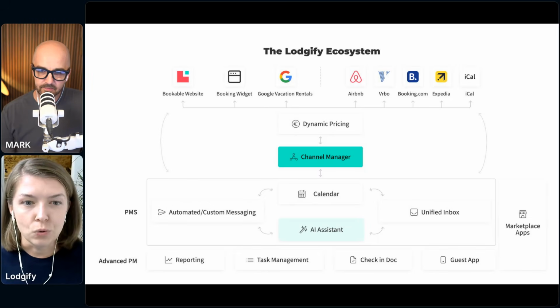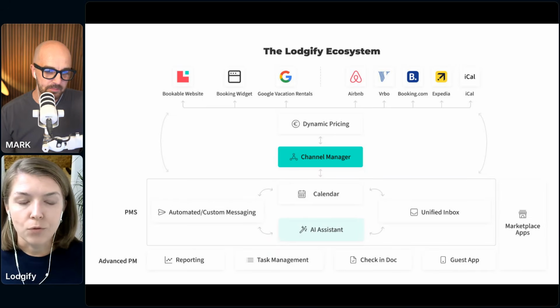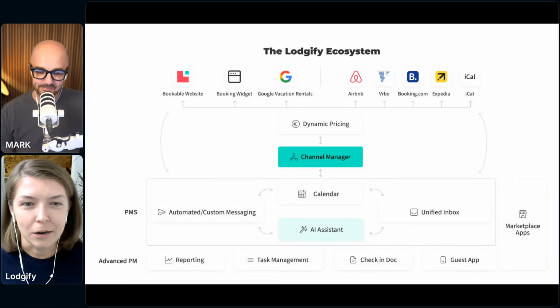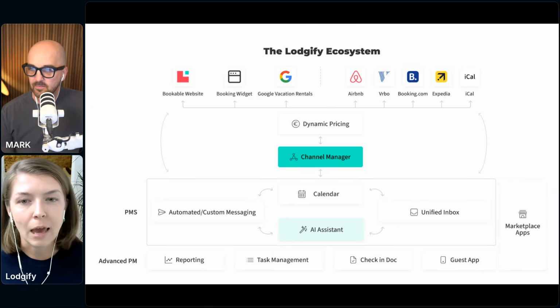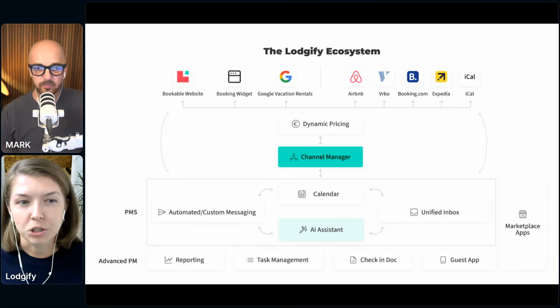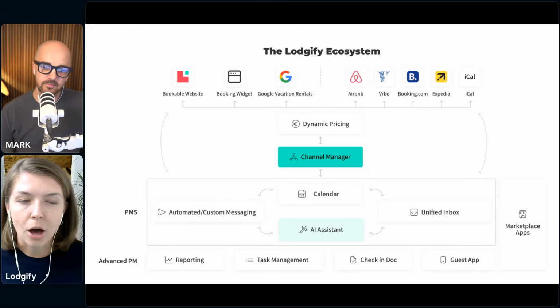And then that brings me to the last feature and the feature that's most relevant for our conversation today, and that's the website builder. So if you don't have a website for your property yet, you can use our website builder to create one. I've tried it out myself. I can promise it's super easy. You don't need to be a software developer or have any expertise there to get a website up and running. And then the other side of that is if you already have a website, but it doesn't have the functionality to accept direct bookings, you can use our booking widget to enable that functionality. And in this case, it's just a quick copy and paste of some code from our tool to your website.